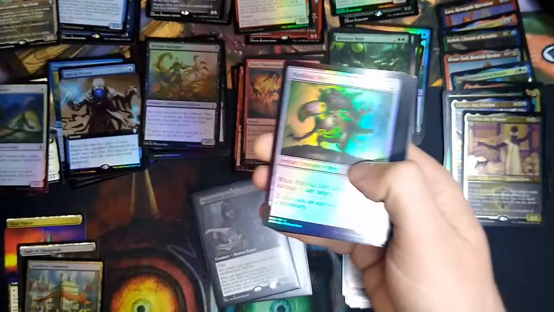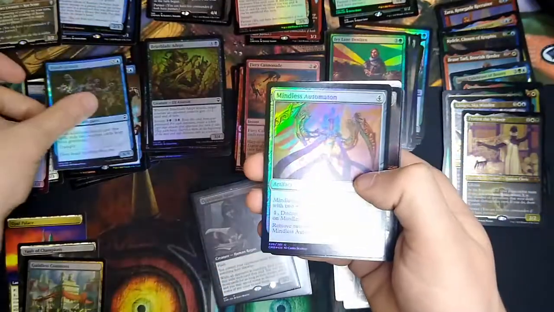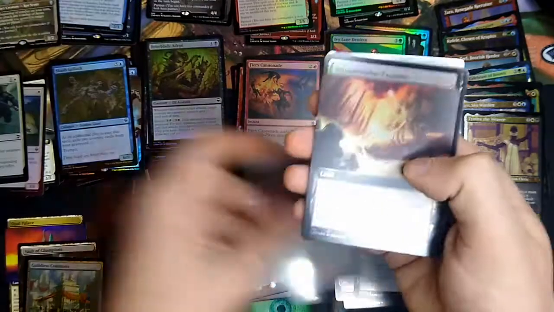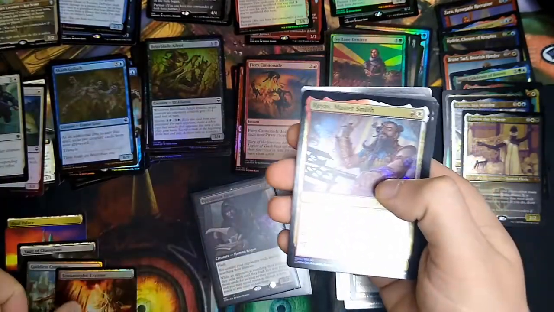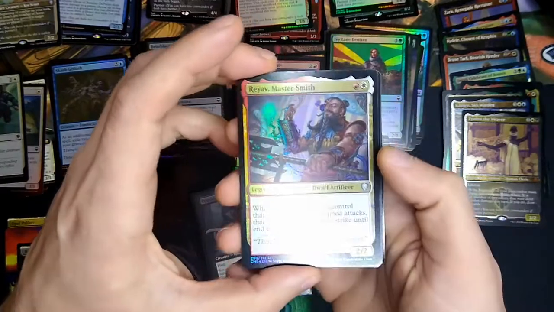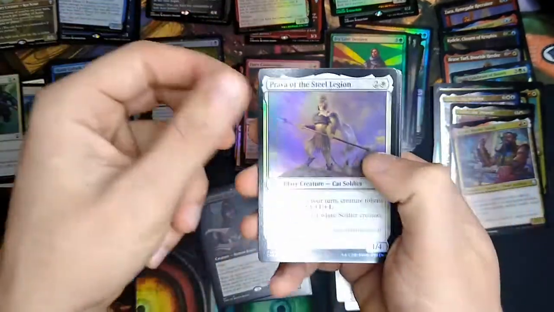Briarblade Adept, pack 8, Perilous Mare, Raise the Alarm, Ivalian Denizen, Scab Goliath, Mindless Automaton, Full Art Foil Terramorphic Expanse, lovely, Rayev Master Smith, Prover of the Steel Legion,